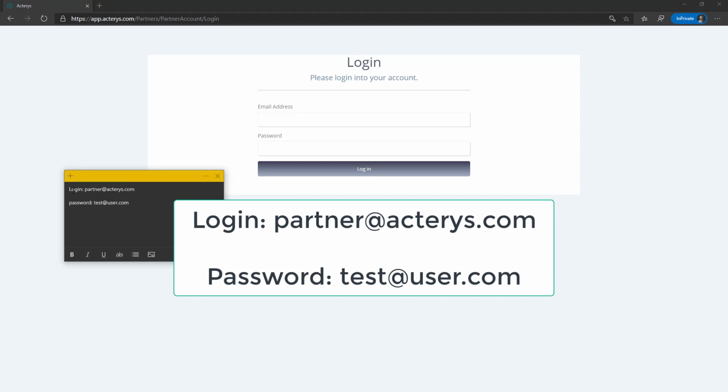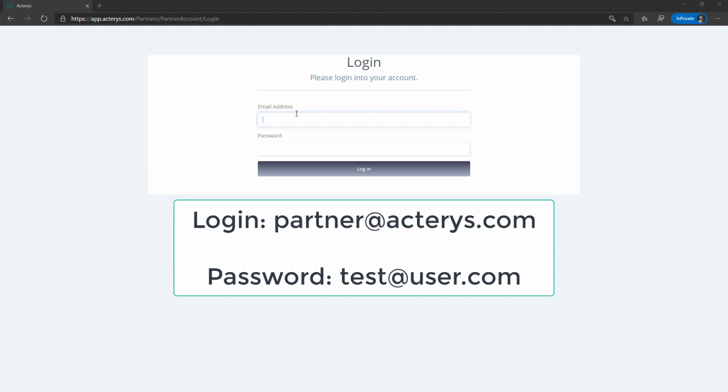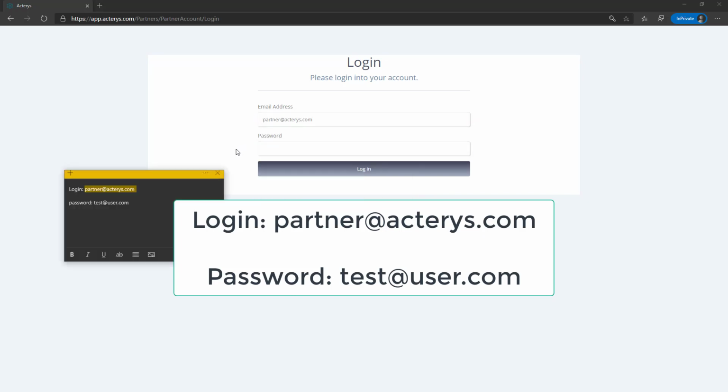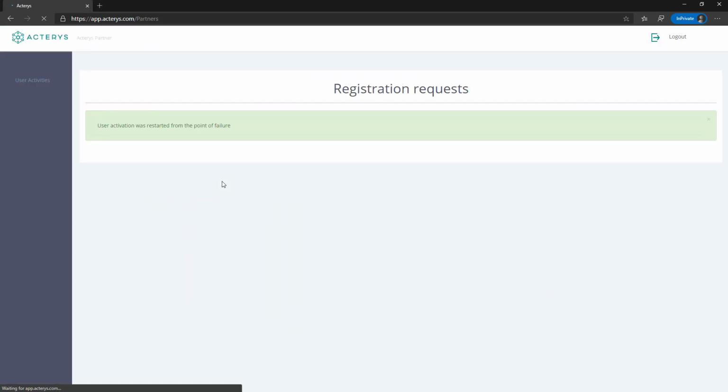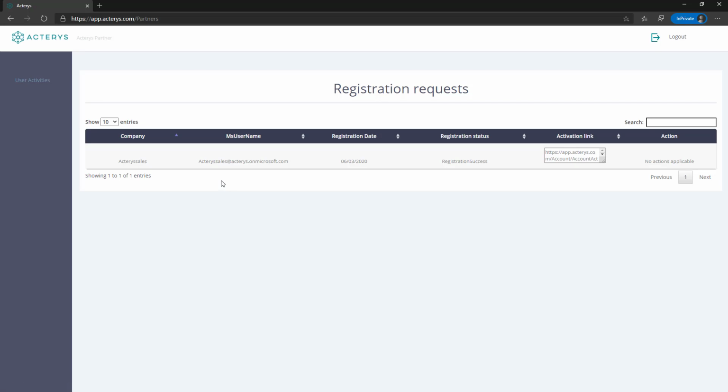the generic user. This is the same for everyone, partner@acterys.com, and the password test@user.com. This is an area that is not really relevant from a security perspective because the users can't do very much here. The only thing they can do is activate a